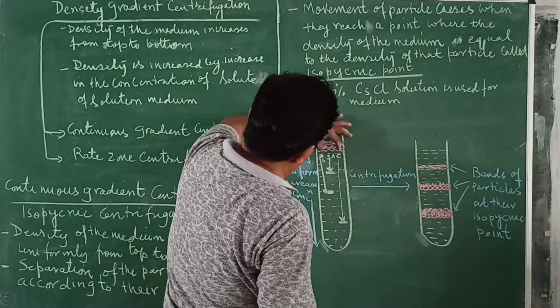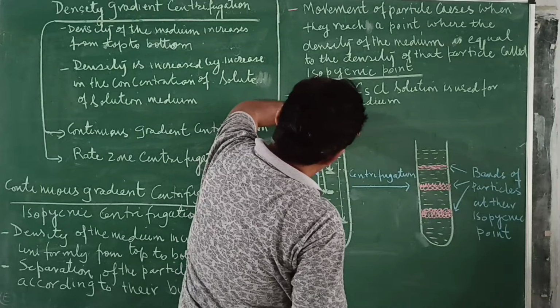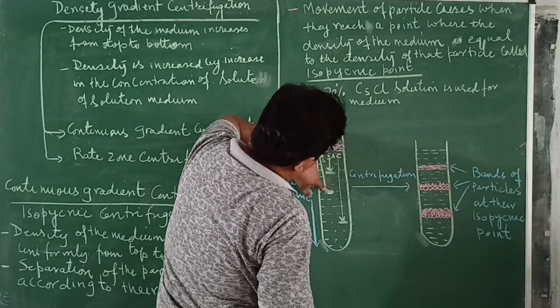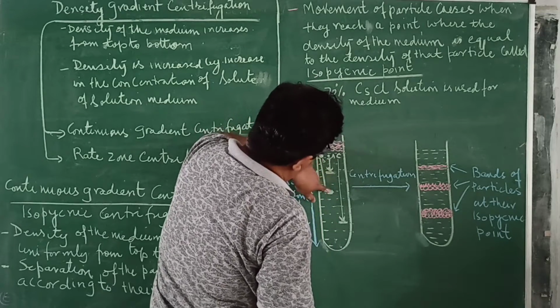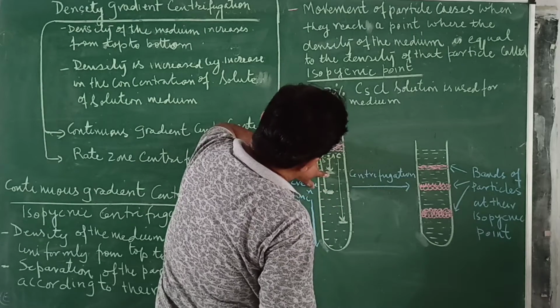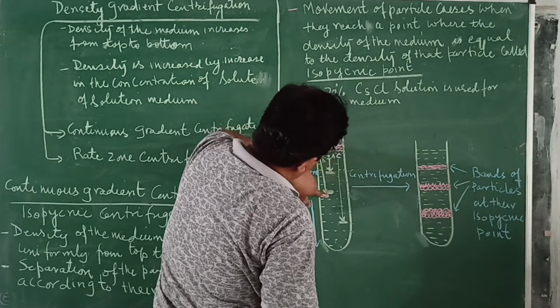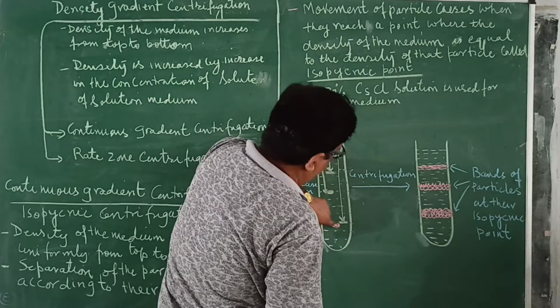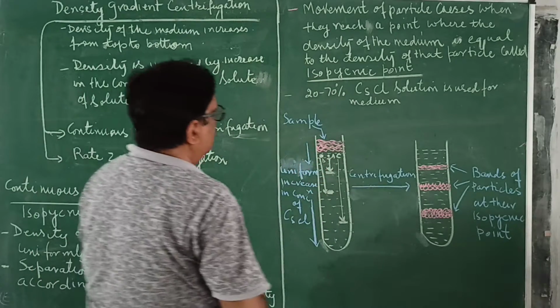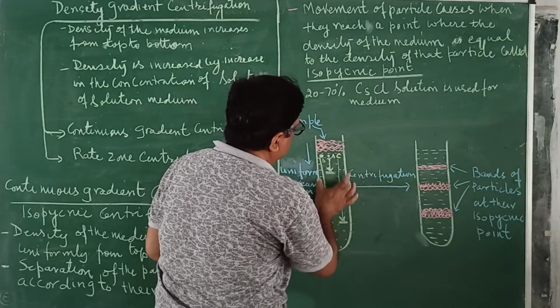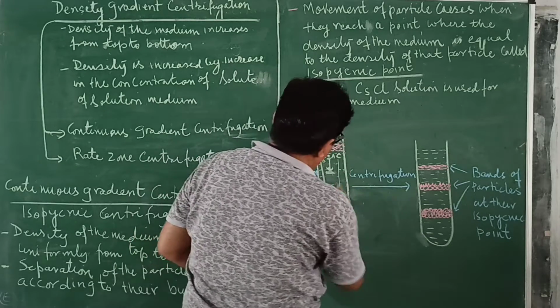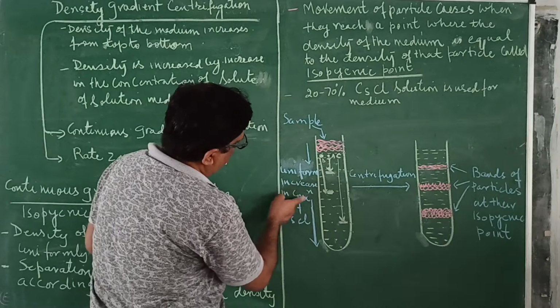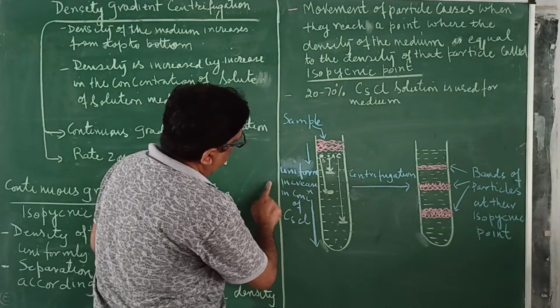That means that all the particles A, B, and C present in the sample will form three different bands. 1, 2, 3. These bands indicate particles: this of least density, this of medium density, and this of maximum density. Okay, so the sample is put over here in a medium whose density